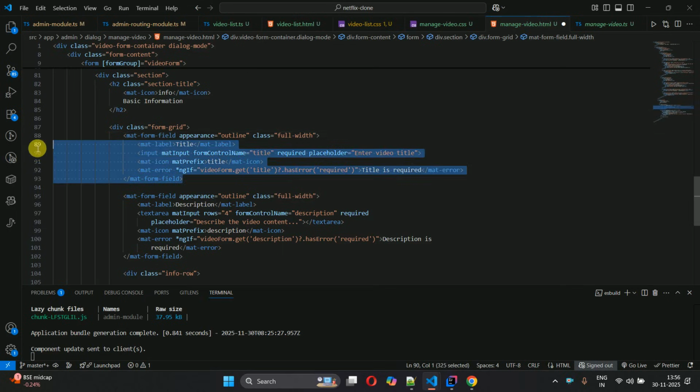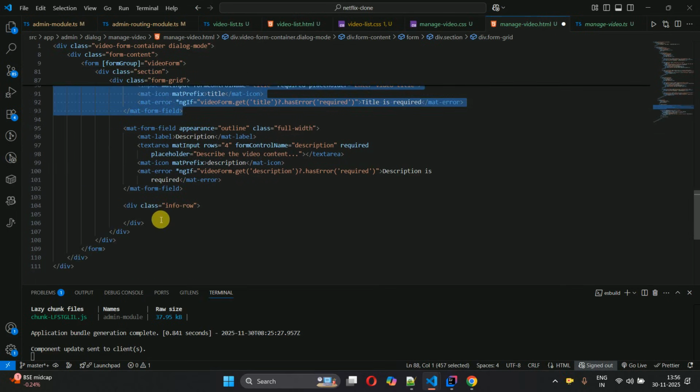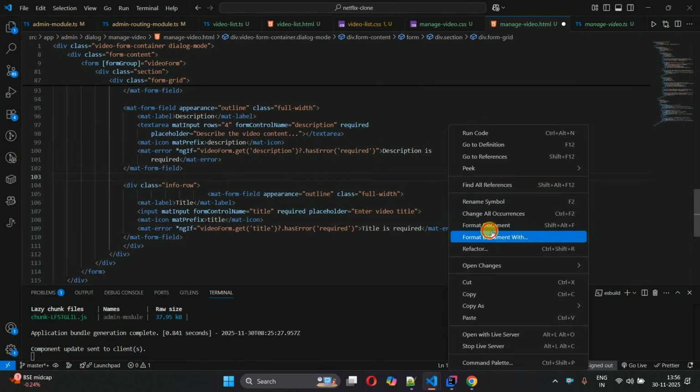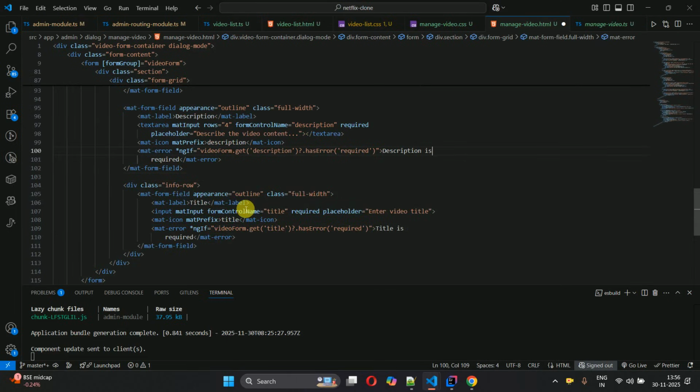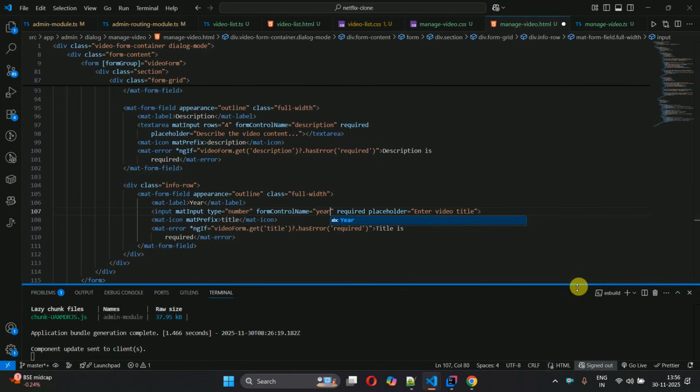So I'm just going to copy paste this title one and paste it over here, and going to format this one, and over here we have to just change first year and mat input, and I want this to be type number because this is expecting only number, and here we have to just change this to year,